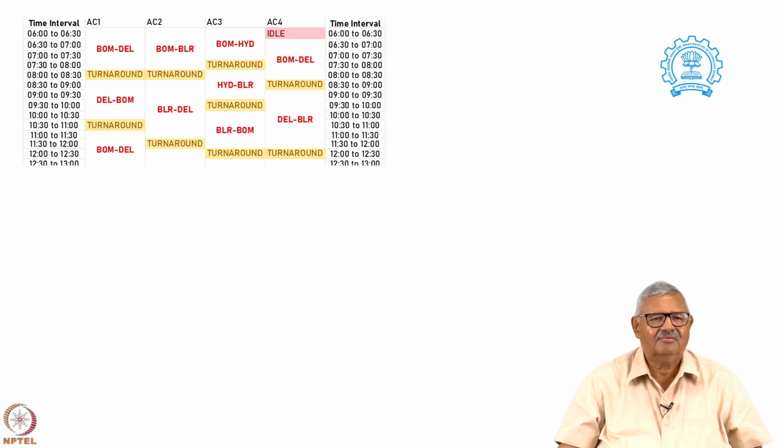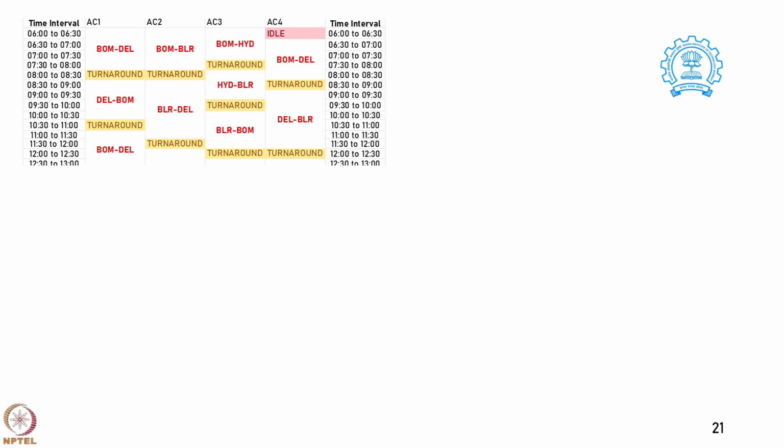Here what we do is the flight which had reached Delhi, after turnaround of half an hour, we route it back to Bombay, because Delhi, Bombay, Bombay, Delhi are the main routes where we have to schedule the aircraft. They require 6 flights each per day. The one which reached Bangalore, that particular aircraft has been sent from Bangalore to Delhi. Why? Because Bangalore Delhi also was the second priority route, which needed 5 flights per day.